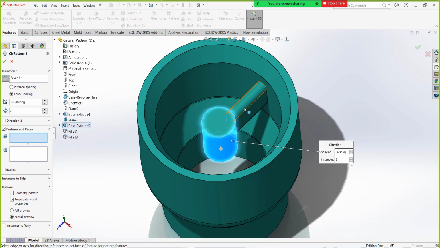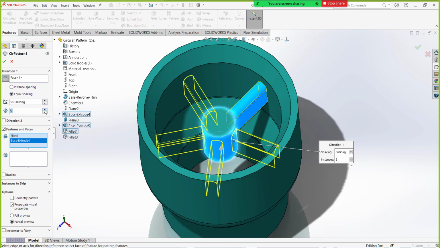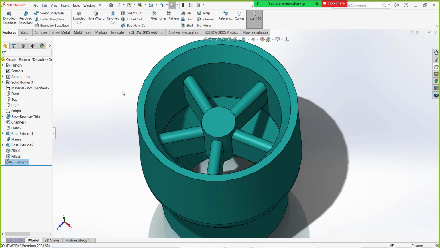Here you can directly select the features which you want to copy, and equal spacing is already active. You can add the instances and manually define the degrees, but the software knows that we are weak with maths, so we have this equal spacing. The software automatically calculates the distances in degrees and spaces them. Even instances to skip is active over there.